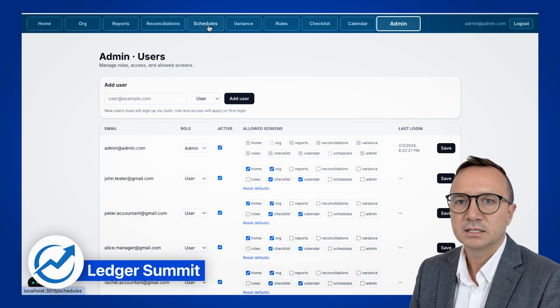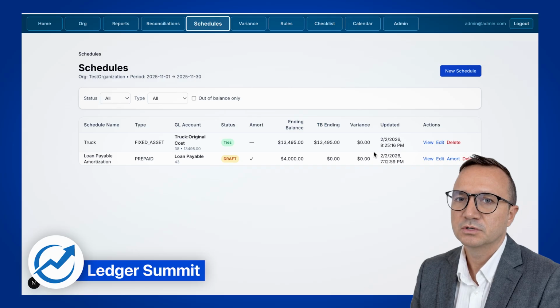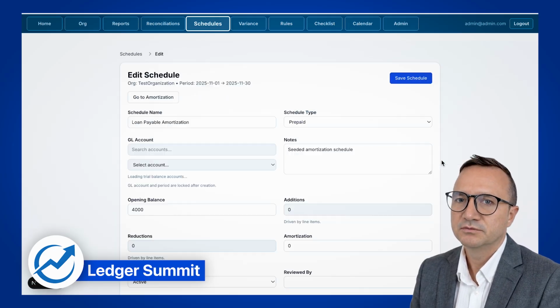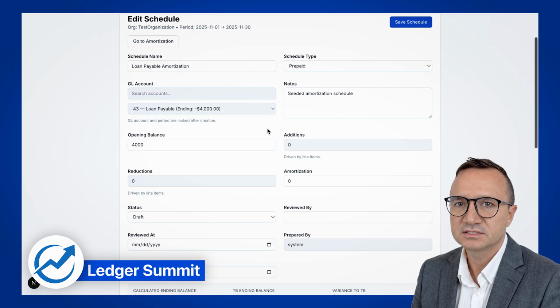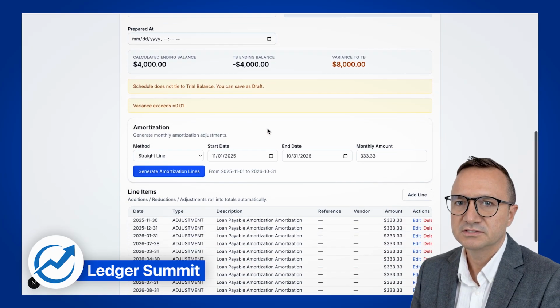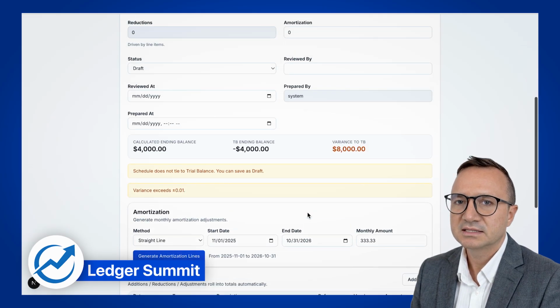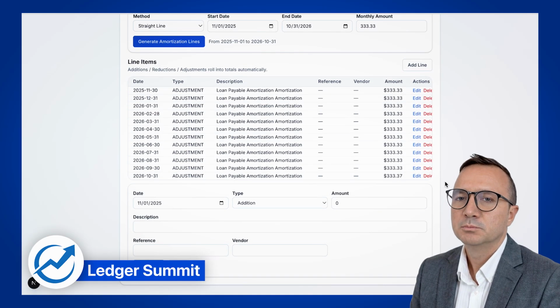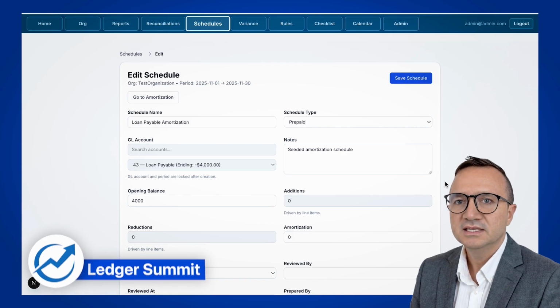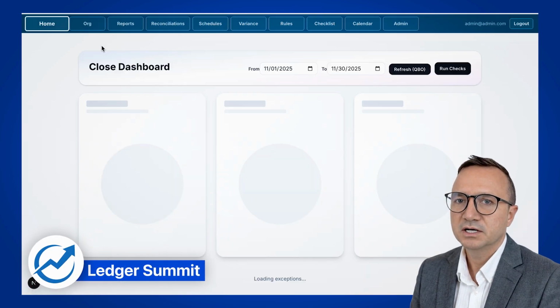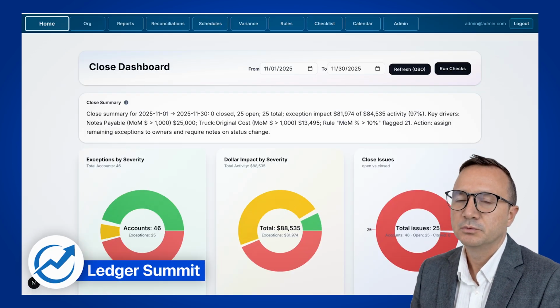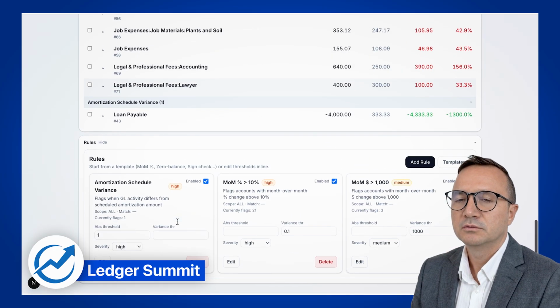The schedule section is an additional feature where you store all your schedules in a single place. They are pretty simple. You complete the fields, make additions or changes, and maintain your amortization schedule. With real data, you can populate it appropriately, and the system stores dates and review approval history, providing an audit trail. These schedules, along with targets, budgets, and forecasts, can be pulled into your dashboard so you can run your